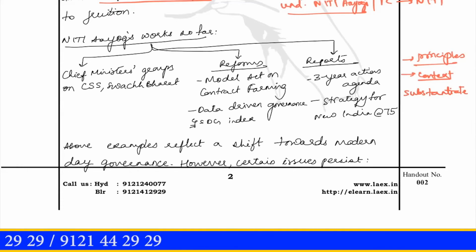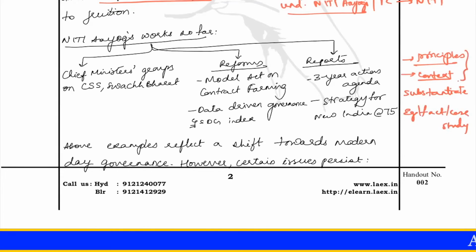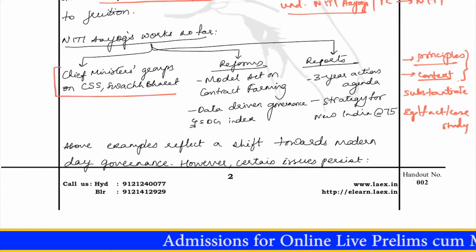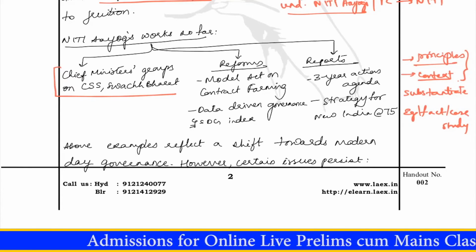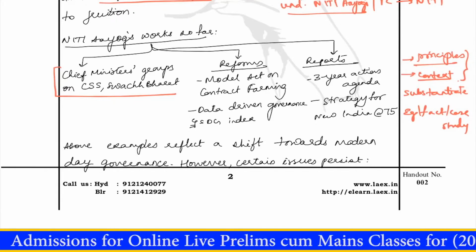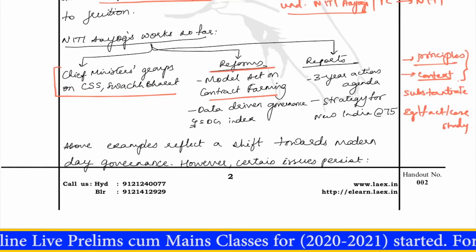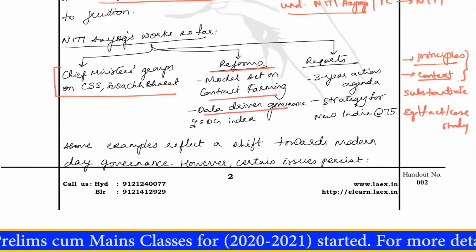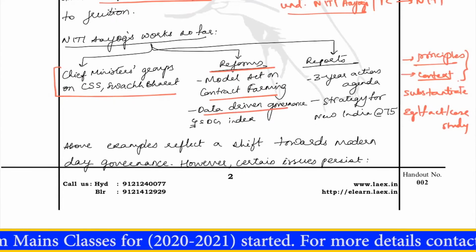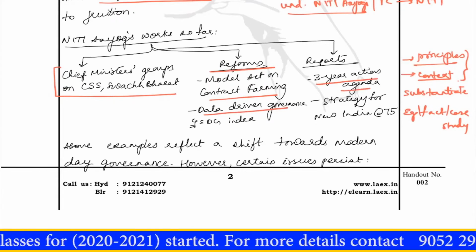Whenever we make an argument, we have to either give an example or a fact or a case study which proves that this shift was necessary. We do this by showing examples of what Niti Aayog has done so far over the last 5 years. We know that Niti Aayog has organized its chief ministers groups on several important issues like centrally sponsored schemes on Swachh Bharat, and at the same time it has played an instrumental role in proposing reforms like contract farming, data-driven governance like we have seen with respect to the SDG dashboard, and also reports like the 3-year action agenda and strategy for New